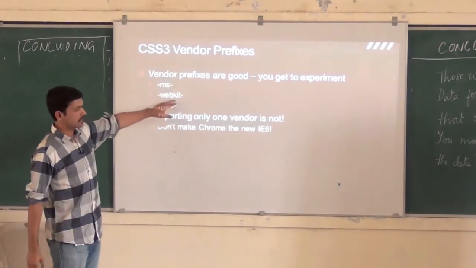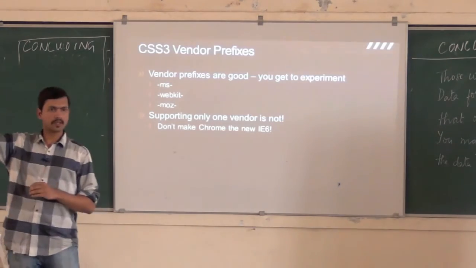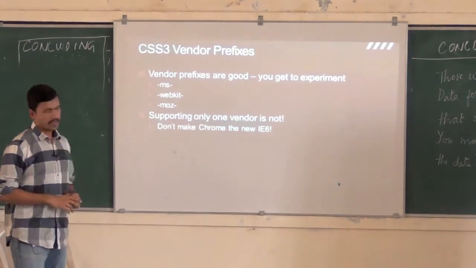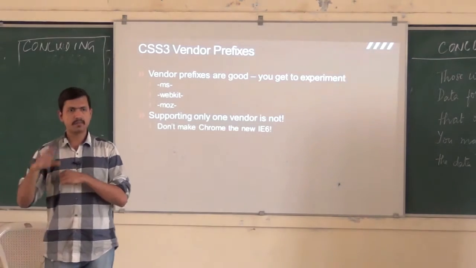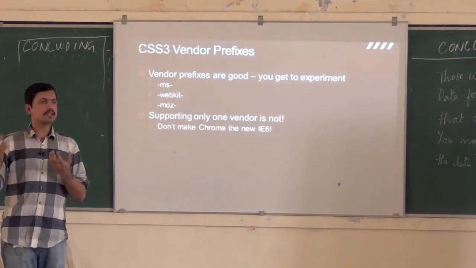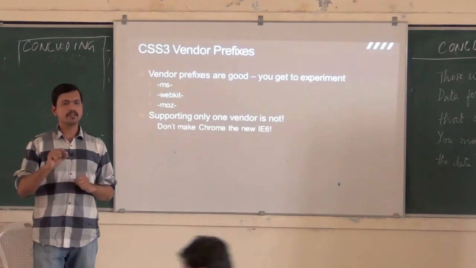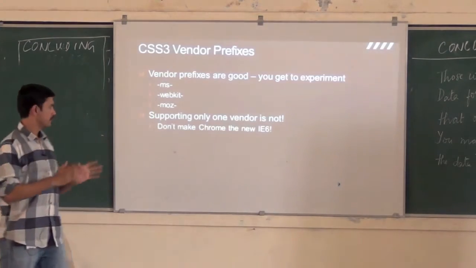So WebKit is basically for Chrome and Safari. So I can say -webkit- a particular rule: value, and for Firefox it is -moz-, right? This is pretty popular, like everybody does this. And then the W3C version of that particular rule will be without a prefix, obviously. So if it's border-radius, it will be just border-radius, without any prefix.